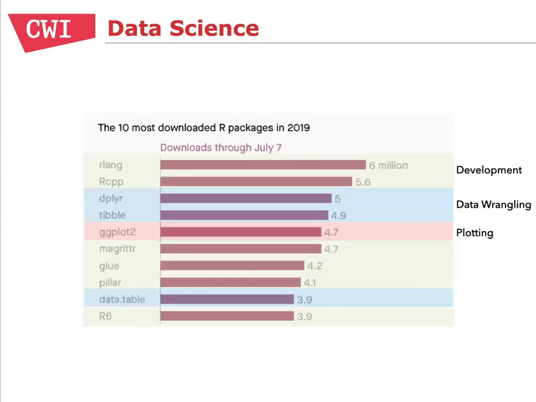In R land, things are not much different. If we look at the most downloaded R packages, we can see the top two are rlang and Rcpp. These are not really relevant here because they are dependency packages. They're used by the developers of the packages, but they're not actually used by the end user. The packages that are used by the end user are dplyr, tibble and data.table, which again are data wrangling libraries. Then you also have ggplot, which is a plotting library. These are the most popular things. And always at the top is the data wrangling, basically.